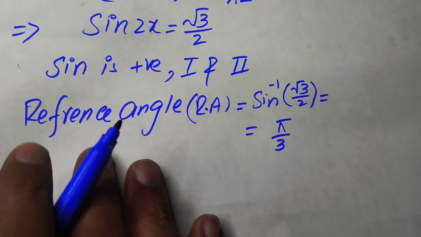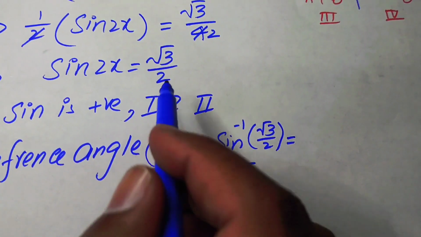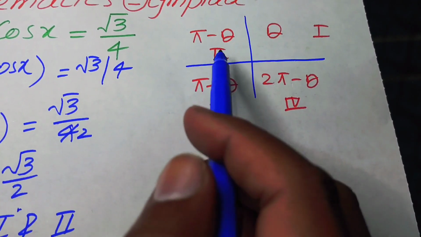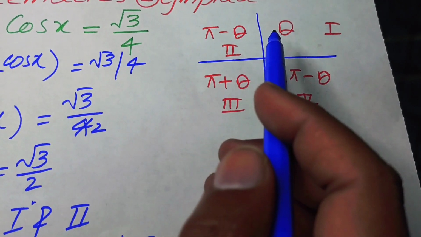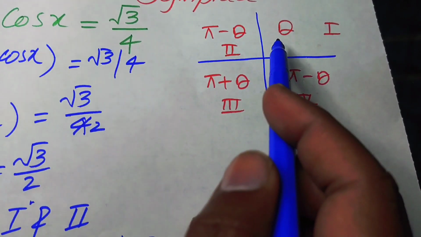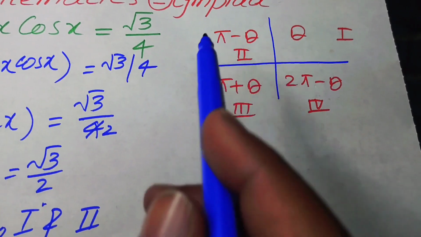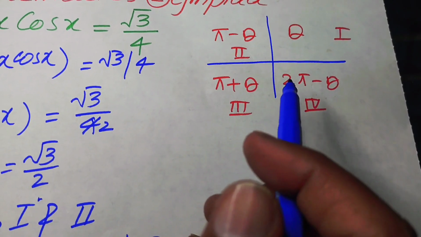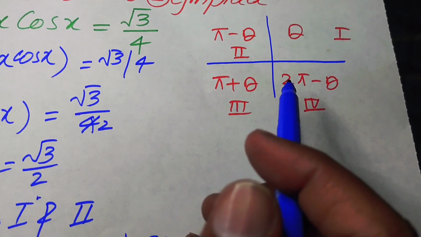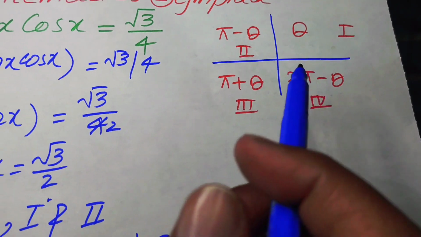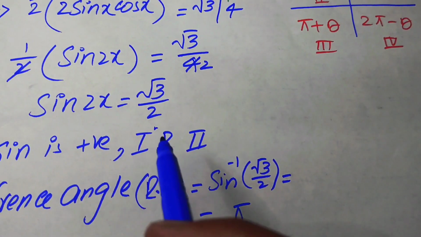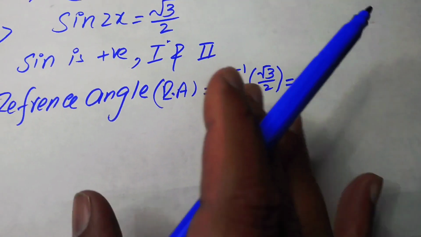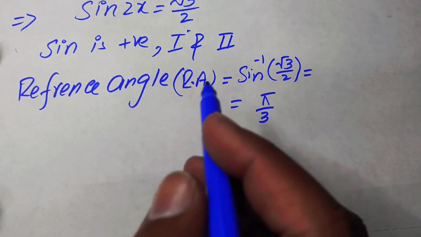Okay, after that we will move towards these angles, and we know the angles in the anti-clockwise direction. The angle in the anti-clockwise direction in the first quadrant is theta, in the second quadrant it is pi minus theta, in the third quadrant it is pi plus theta, and in the fourth quadrant the angle in the anti-clockwise direction is 2 pi minus theta. Okay, so here our sine lies in the first and second quadrant, so the angle in the first quadrant is theta,